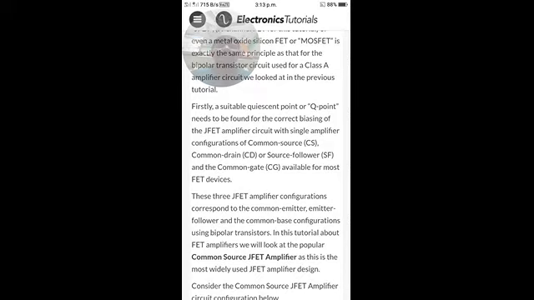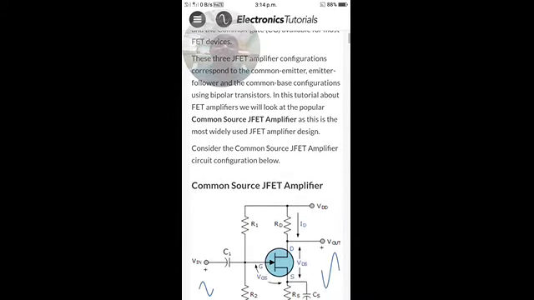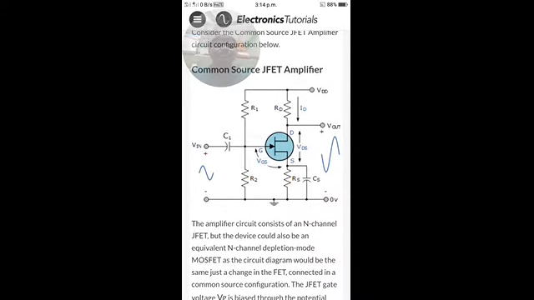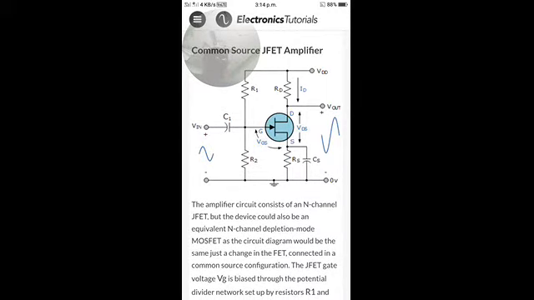So in this common source JFET amplifier, we will see the self bias circuit. Just like the CE amplifier, we are going to use a self bias circuit formed with VDD, R1, R2 and RS. We are operating the N channel JFET in the depletion mode, where in the depletion mode of operation the gate is connected with negative voltage.